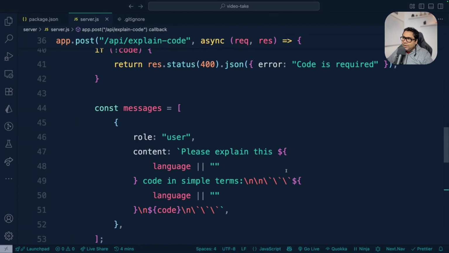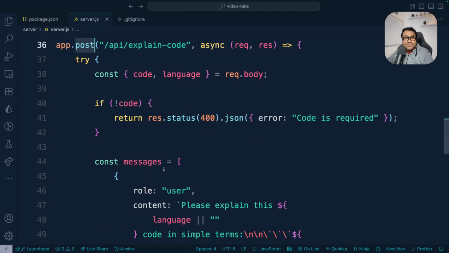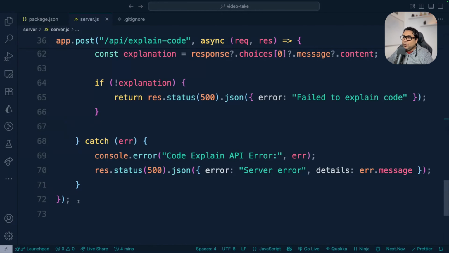So that's all about this endpoint we wanted to create to deal with the code as a resource, or the code explanation as a resource, and we are creating the explanation and returning it back in the form of a response. Now the last thing left is that we do the essential part to make sure that we can start